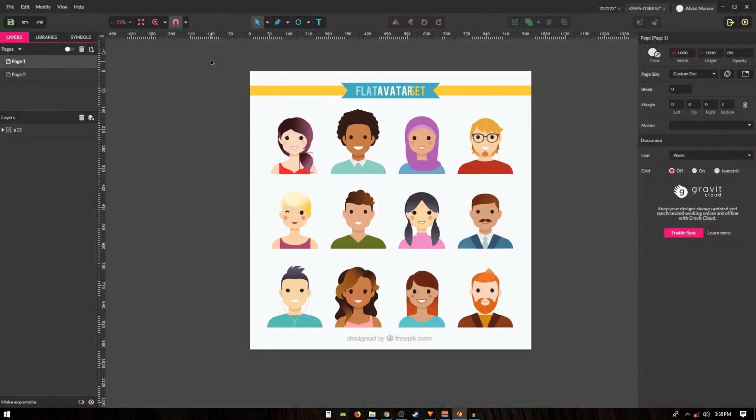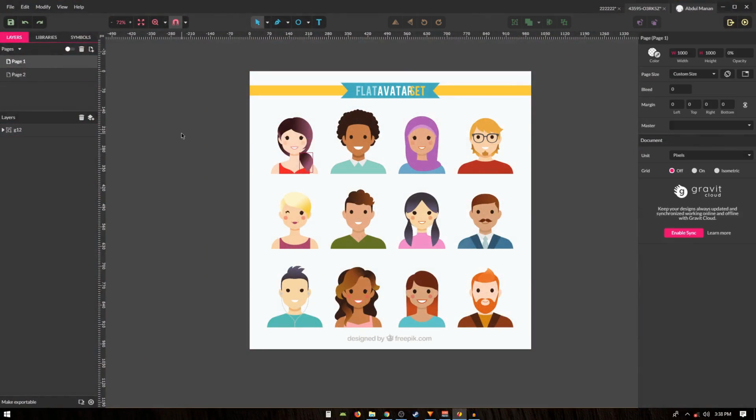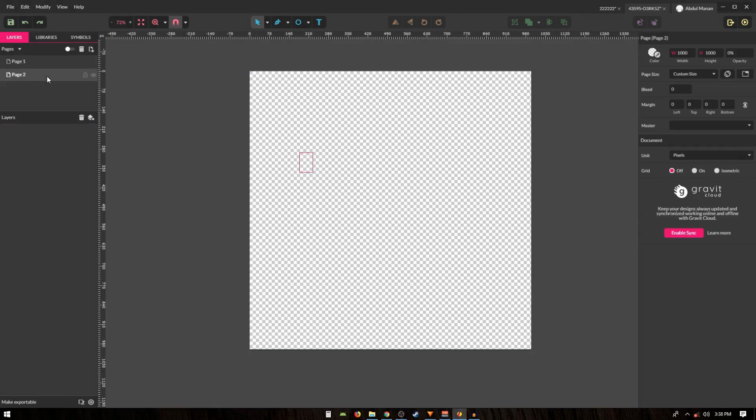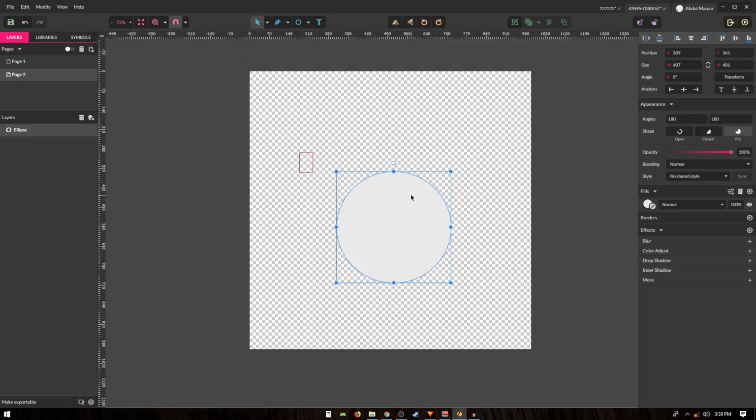So I'm using Gravit Designer. You can use your own vector software. Heck, you can even use Photoshop or GIMP if you want to, but I'm using Gravit Designer. It's a free tool to use. And then what you have to do is create your character inside the tool, but if you're